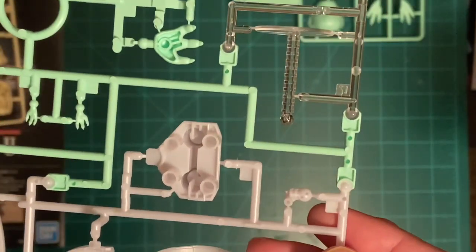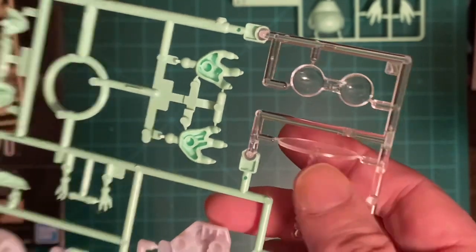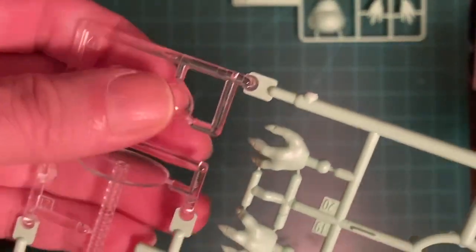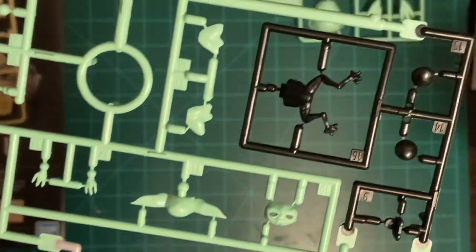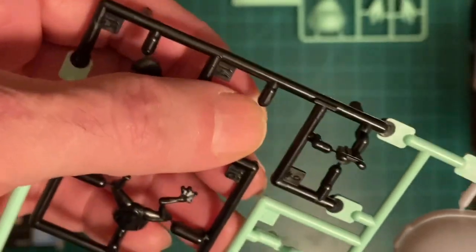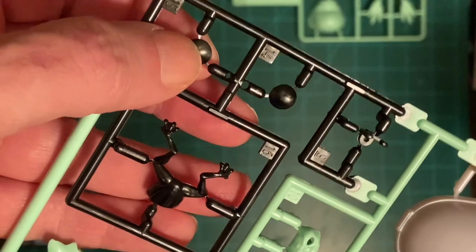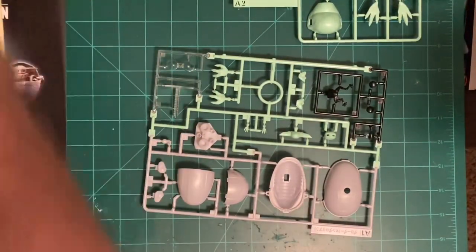Okay. You've got a little stand for it. And then these are parts of the eyes. It's one piece and it's clear domes. But what you do is you also have, over here, these two black domes. So these go in first, and then you put a decal over top of that,